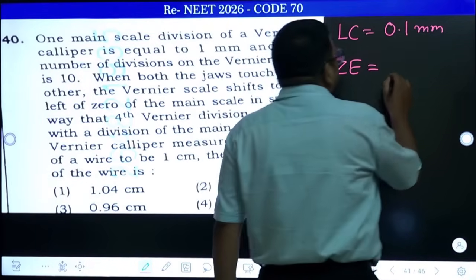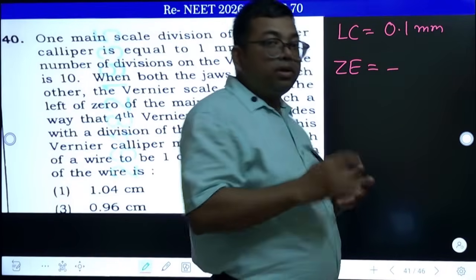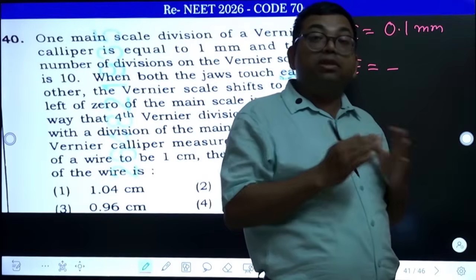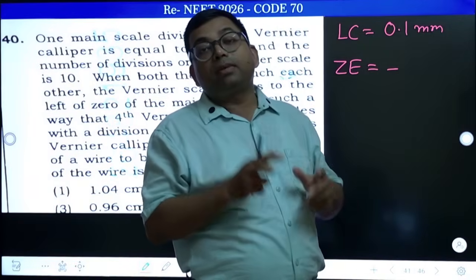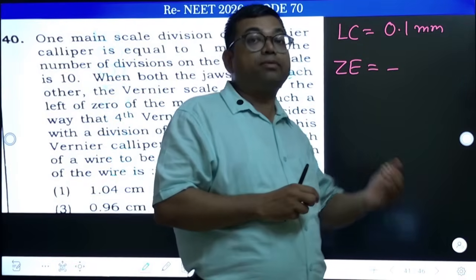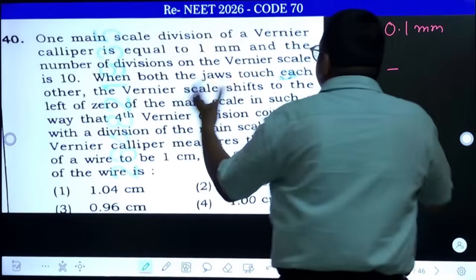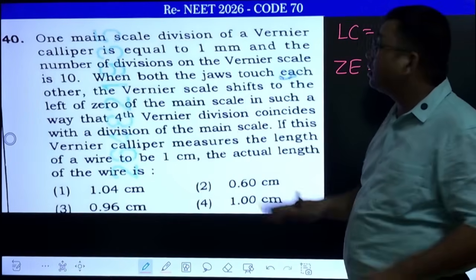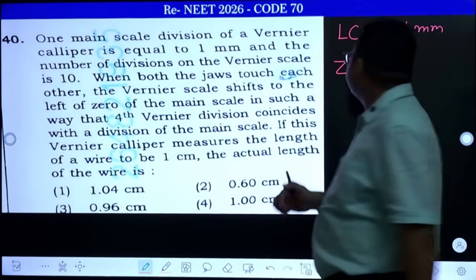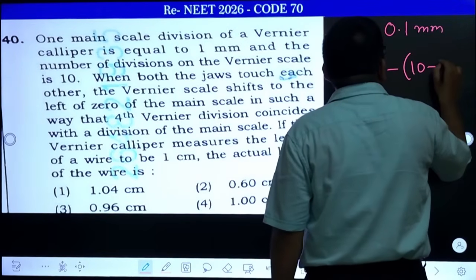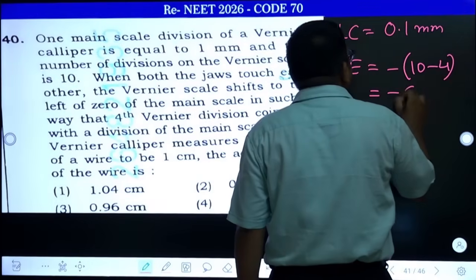Negative it will be. But the zero error is counted from the right side, that we need to note, very important. Some textbooks have given it from the left side, but that is not correct. We have to take it from the right side. So a total of 10 divisions of the vernier scale is there, and the fourth is from the left, so we need to count from the right side. That means 10 minus 4,